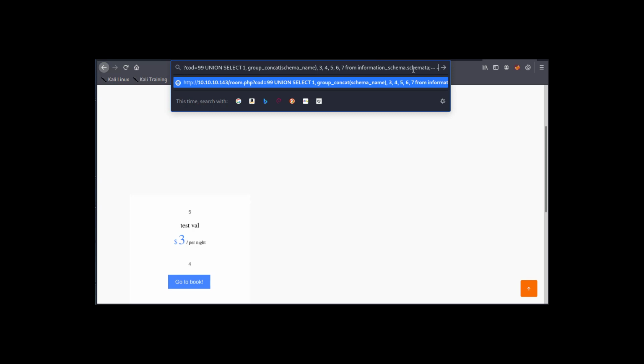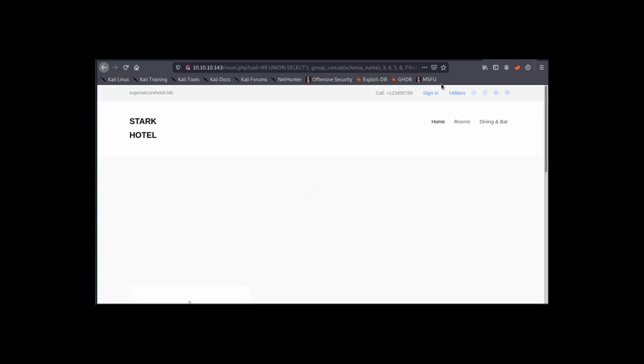I can use the LIMIT 1 syntax that I showed before, or because in this database I have the GROUP_CONCAT option available, what this will essentially do is concatenate together into one single return all of the different entries in this column. And so instead of having to iterate slowly one by one, I can just say, give me all your schemata essentially. So if I hit enter,